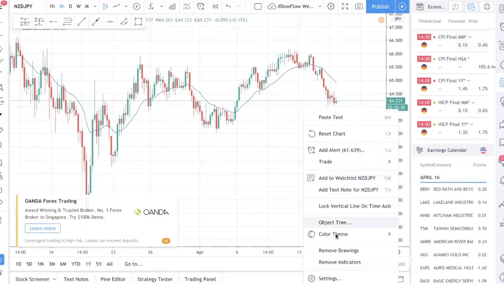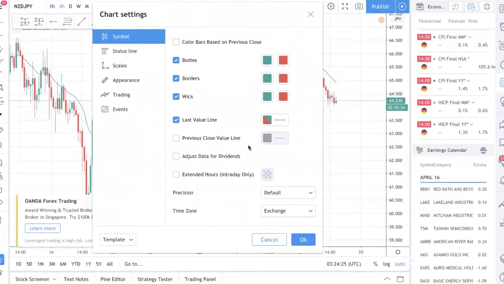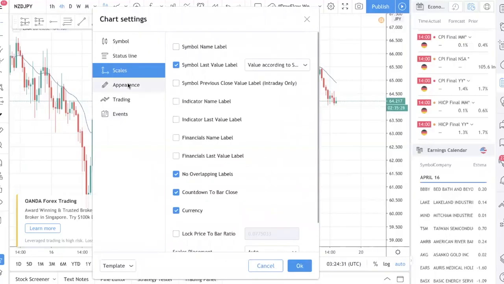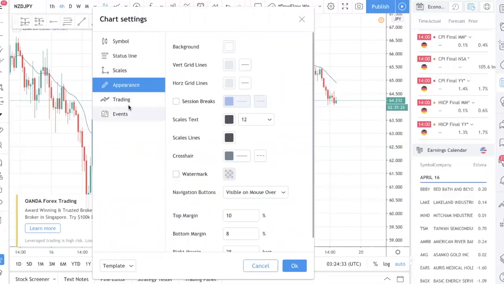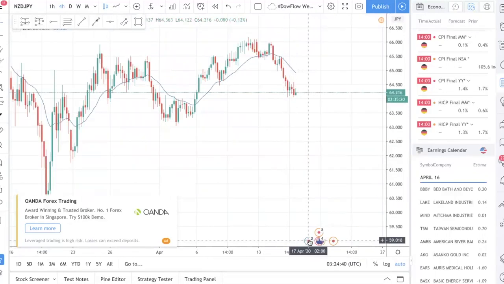In fact, I believe that you can actually set up your chart to show a news event. Let me see. Remember that you can do it. Yes, events over here. So you can click this button to show the events. So this is very useful because sometimes you get carried away with trading and you forgot to monitor this news